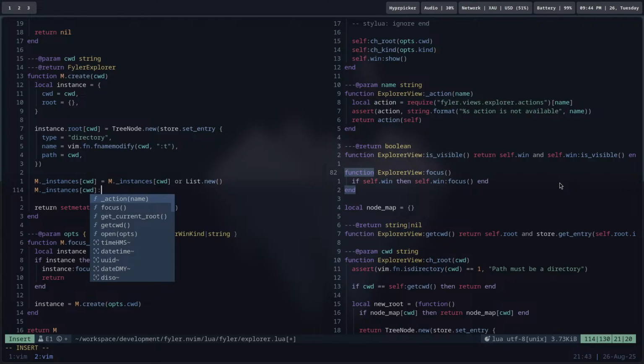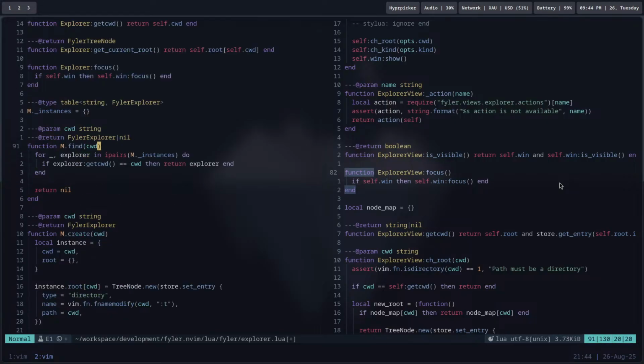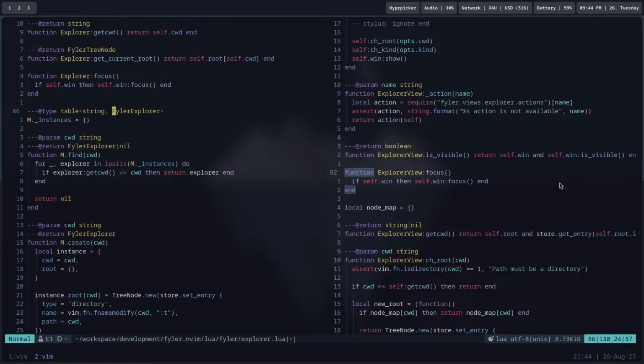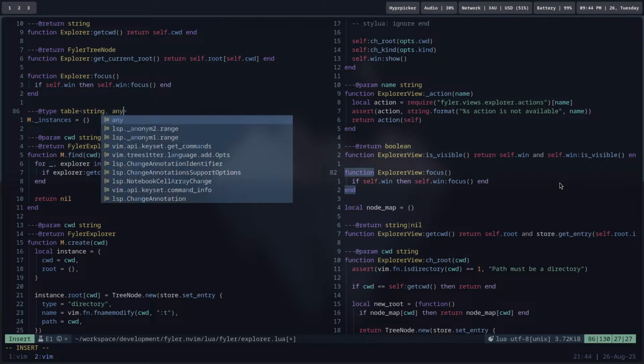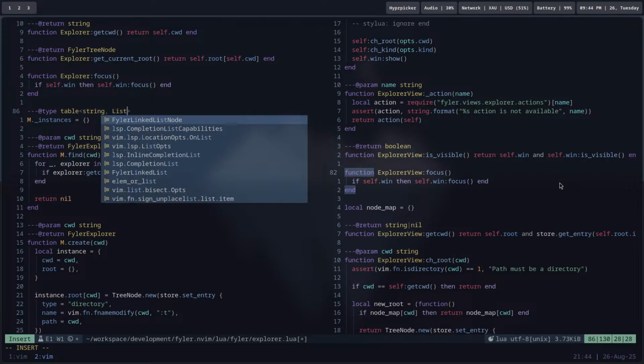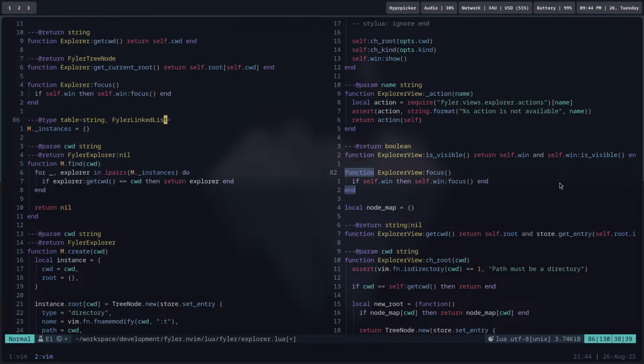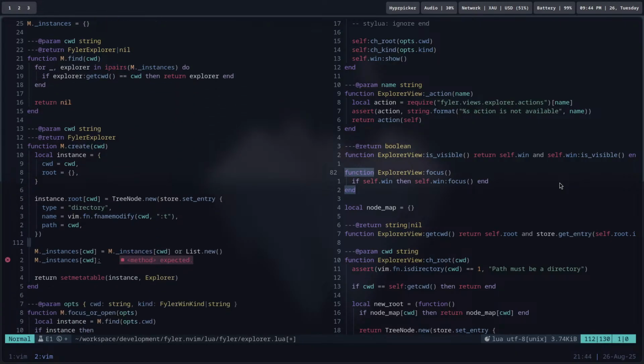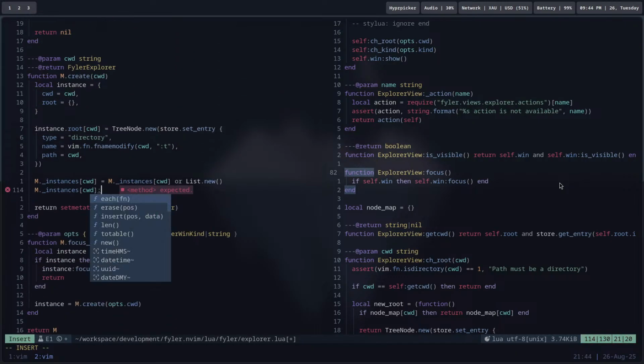Still, what's wrong with you? Okay, it's not that. It's a string. So let's say it's a list. It's a filer linked list. I don't have any generic type, so